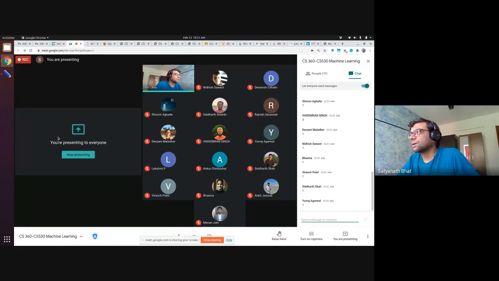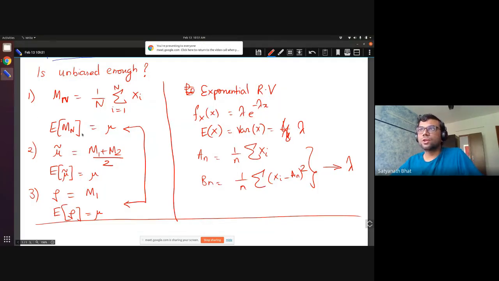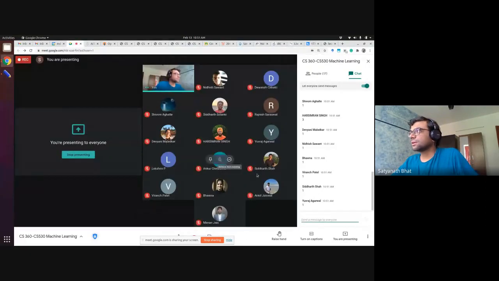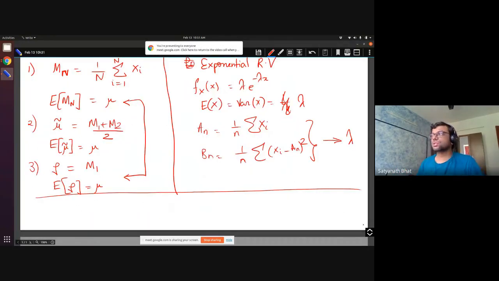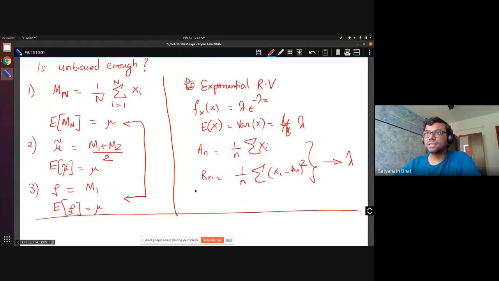Again, 1 is where you are using all the data points. 3 is where I'm using only the first data point. Okay, so everyone seems to say 1. The more data points we cover, the better. Yes, so essentially your intuition is right. The reason why we choose 1 is that the variance of the estimator is lower.